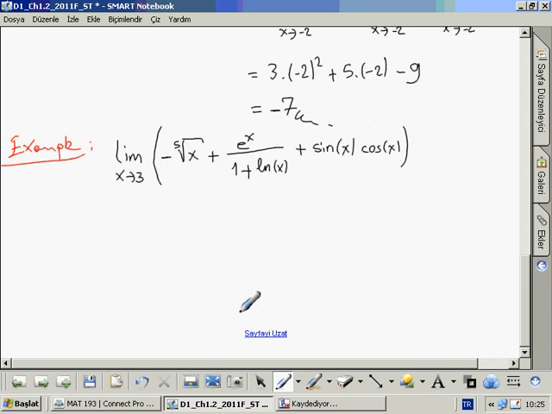And this is a combination of several of the functions, okay, and